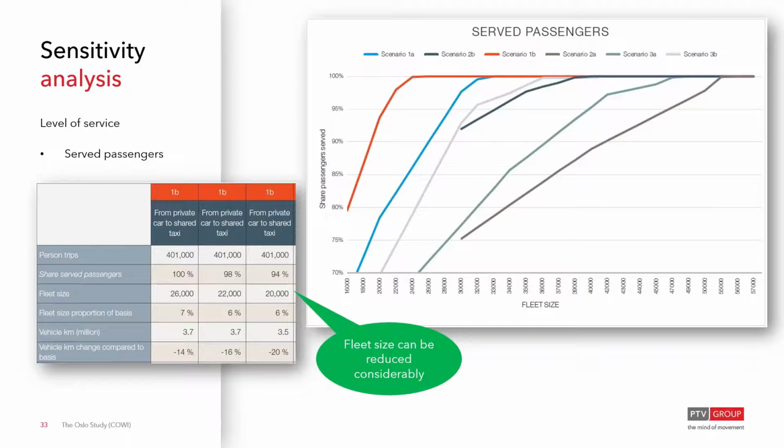And those 6% who don't get served, well, they probably still could get served. If they're rejected, they might just change the time of day they wish to travel, or accept a lower level of service, so I'll just go on a slightly longer detour. So you probably find you will still serve them. So you can play around with these parameters here to hone and come up with the best optimal solution.